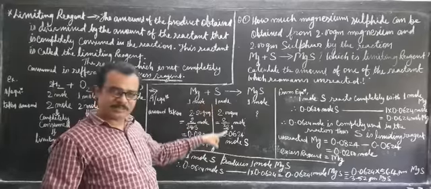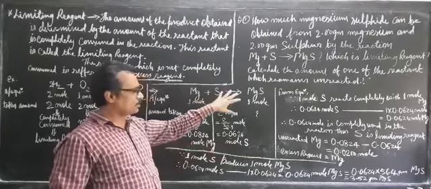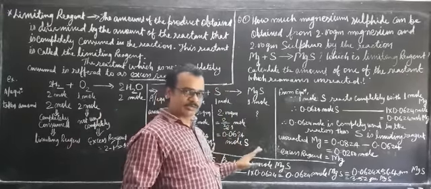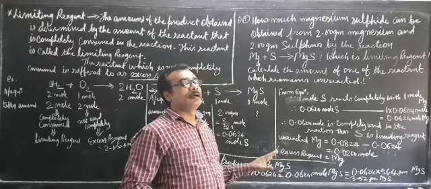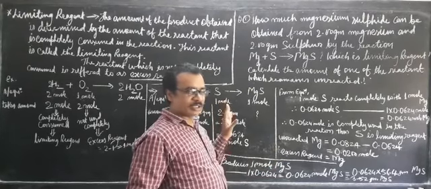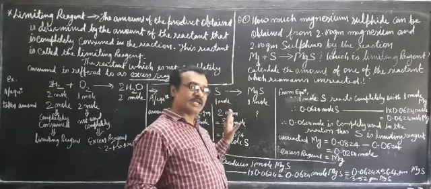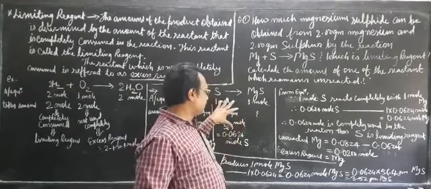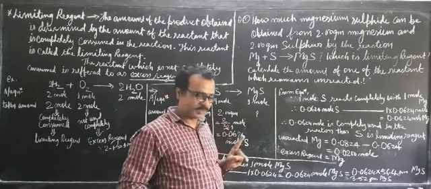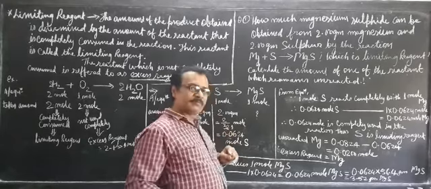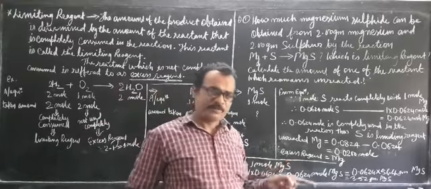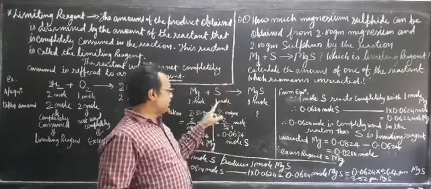We always consider the limiting reagent. We can make the calculation with both, but definitely we must consider the limiting reagent, so that you get the exact experimental results. Not only theoretical, we need to confirm it with the experiment. When you take up the limiting reagent for calculation, it will give you the perfect experimental result, and that is why we take up the limiting reagent for calculation. That is why we calculate like this.